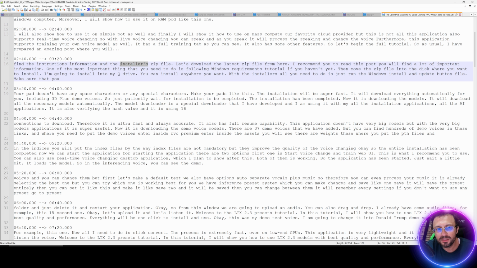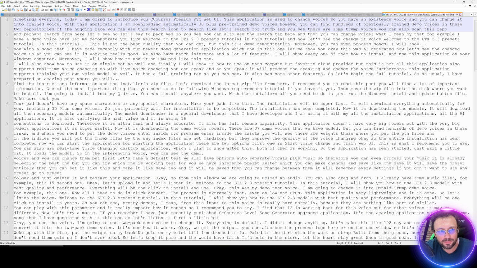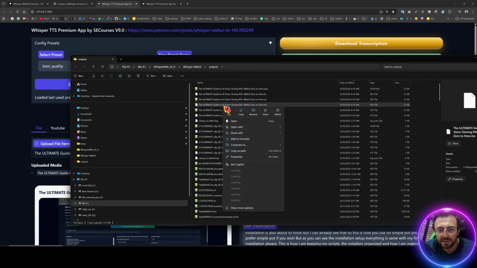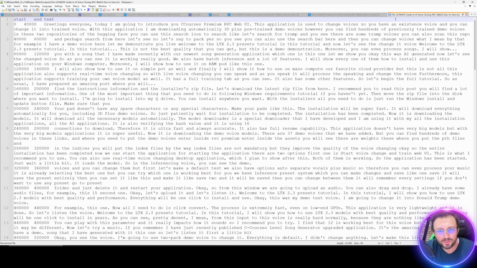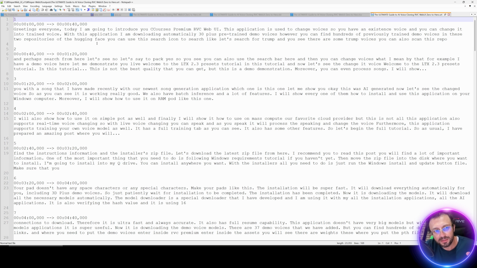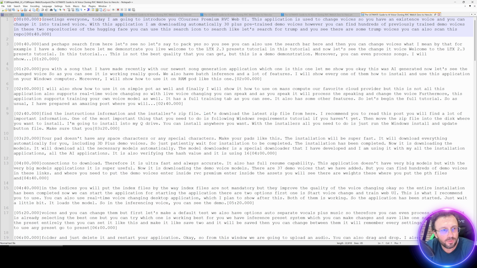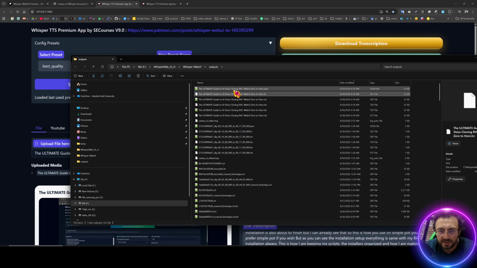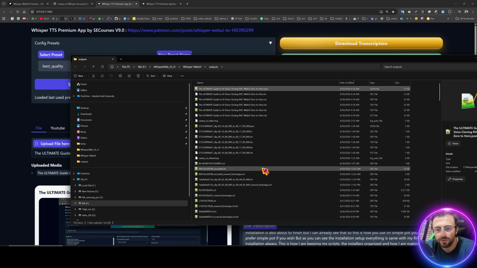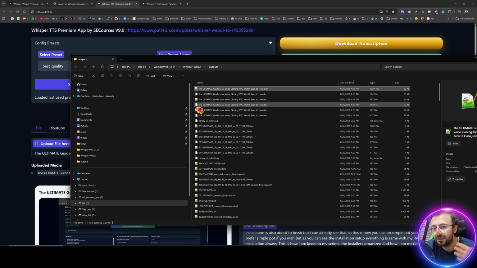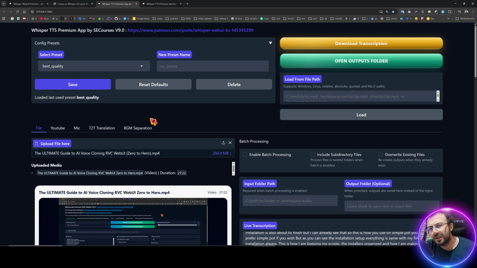I mean, you see installer's zip file. This is amazing. It also supports TXT format, as you can see, or TSV format, as you can see, our classic subtitle format, SRT, or LRC format. So we support all of the formats. Currently, this model doesn't have word level timestamps, but Whisper has them if you need word level timestamps. So this application is the ultimate, very best application right now.